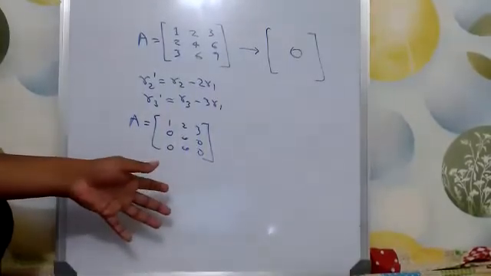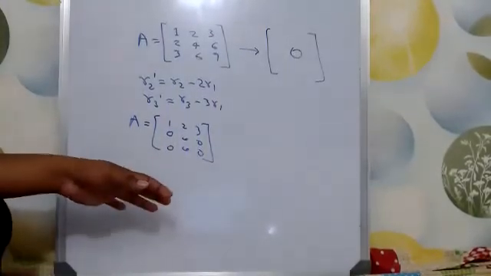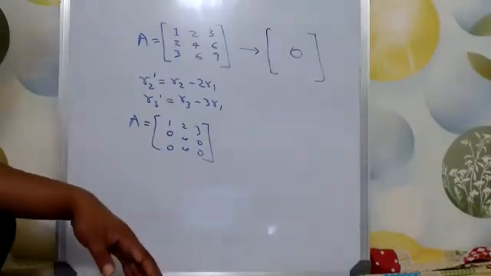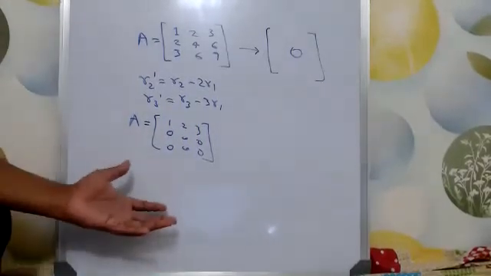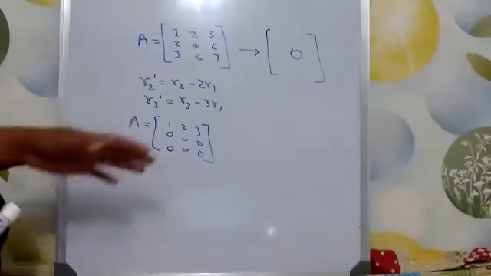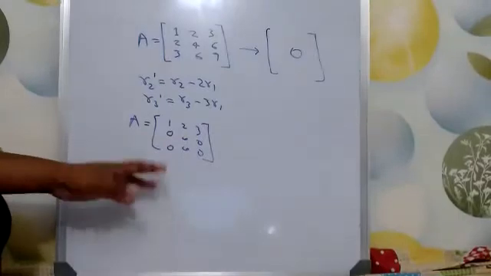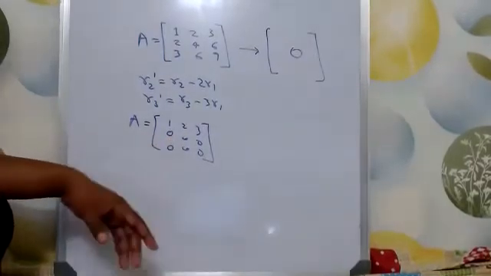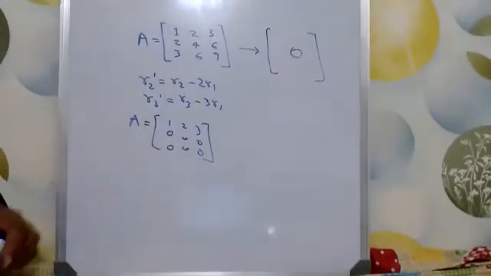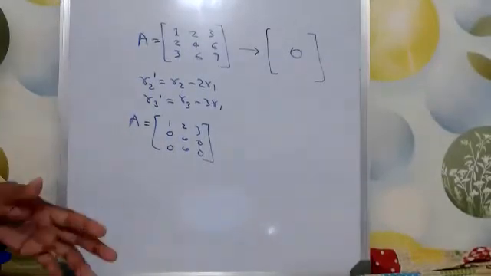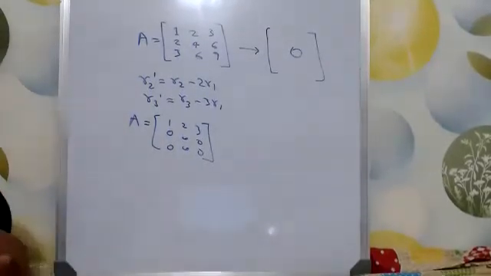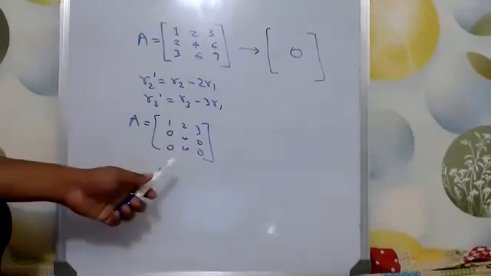Obviously, this will happen only for dependent matrices, like the null space also is only for dependent matrices. So this is also for dependent matrices. You will most probably get a row which is 0, 1 or 2 rows. So our target is to make as many rows 0 as possible. It does not mean that we will forcefully make them 0. We will only make them 0 if it is possible to make them 0.